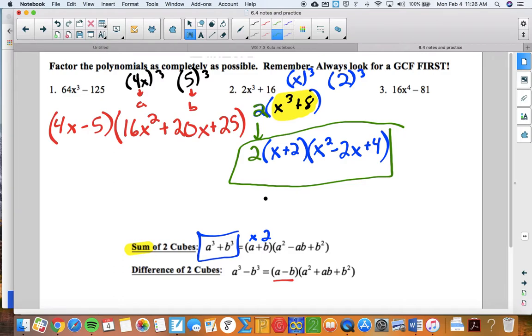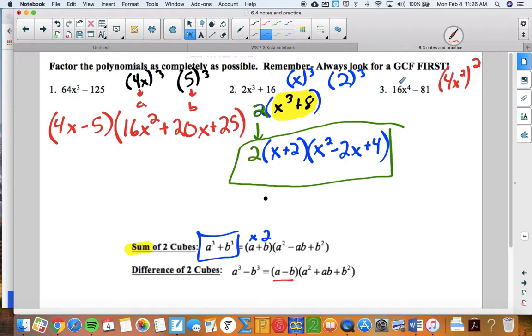Next one. So we have subtraction, and we have two terms. By the way, first look for a GCF. There is nothing that I can factor out. There's no number that goes into 16 and 81. And notice this doesn't have an x term, so I can't factor x's out of both of them. So there is nothing that I can cube that becomes 16, but there's something I can square to get 16. Yes, 4 and x squared